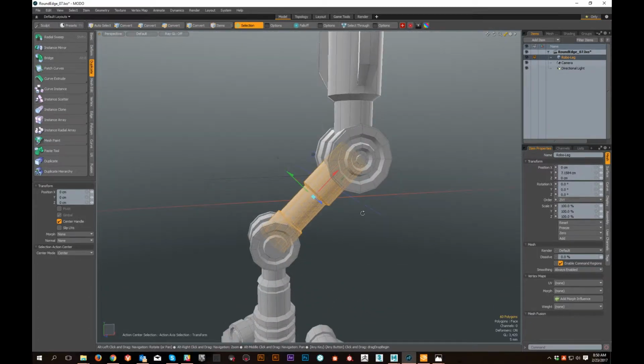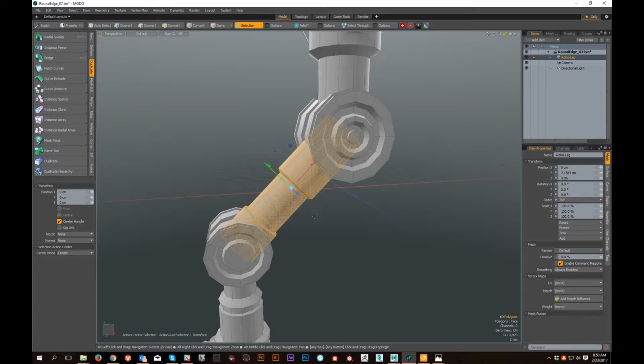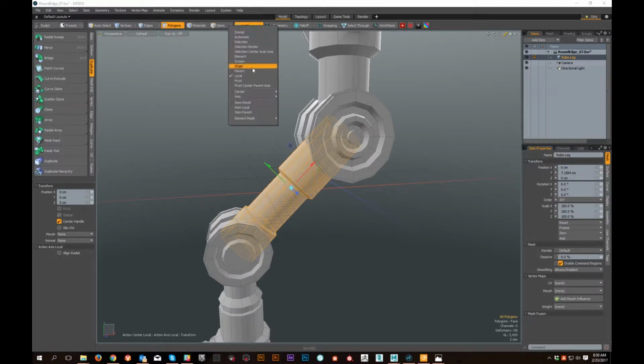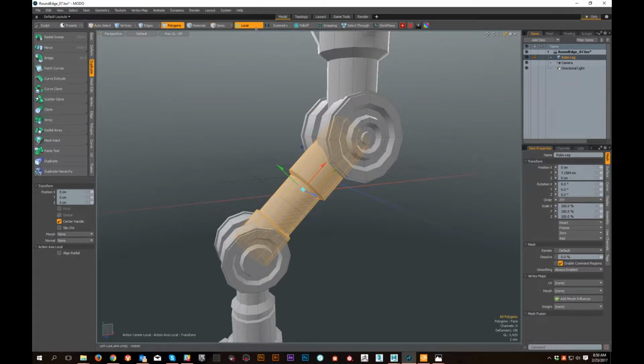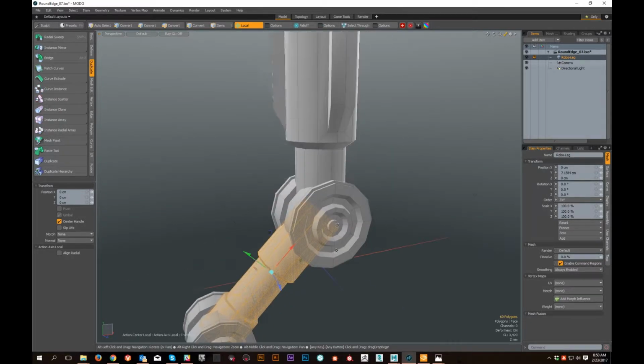All right, now let's talk about local. So if I hit Alt X, it switches me to local. Now it doesn't look like anything happened between Alt S and Alt X. That's because the selection action mode looks at the local direction of your polygons, and so does local. The difference is